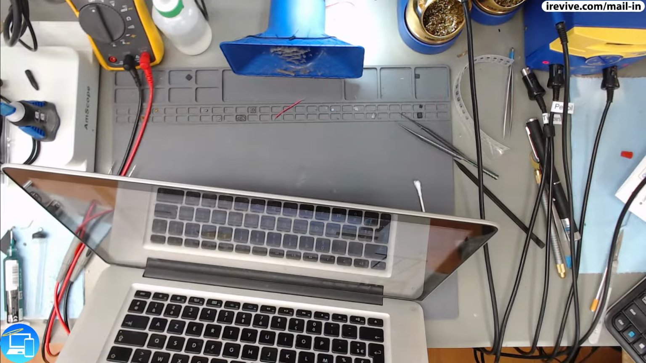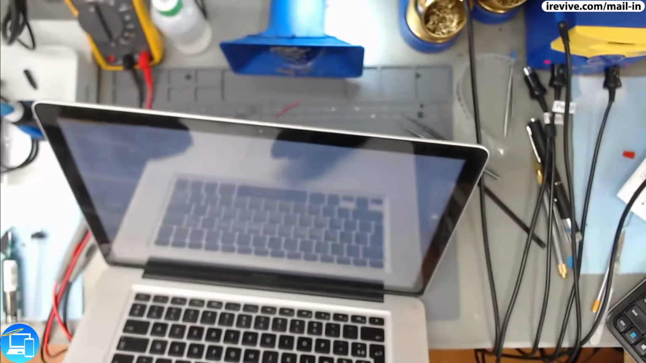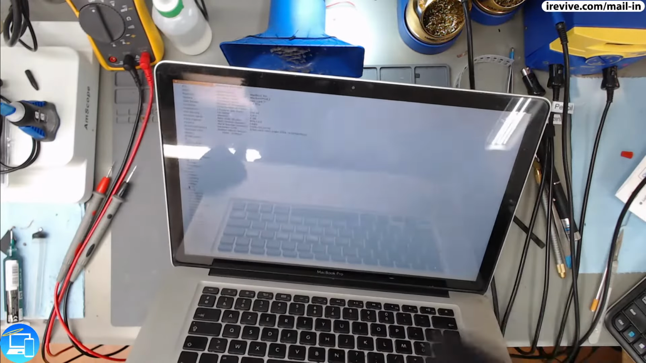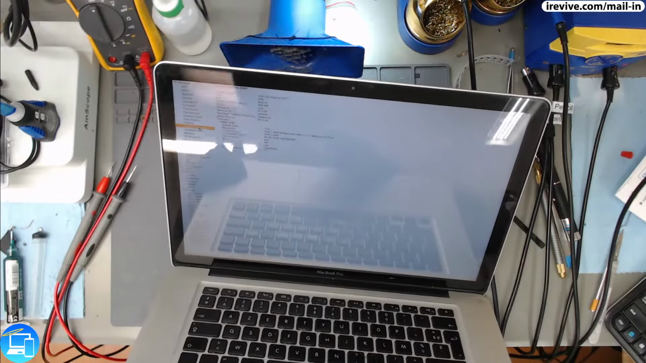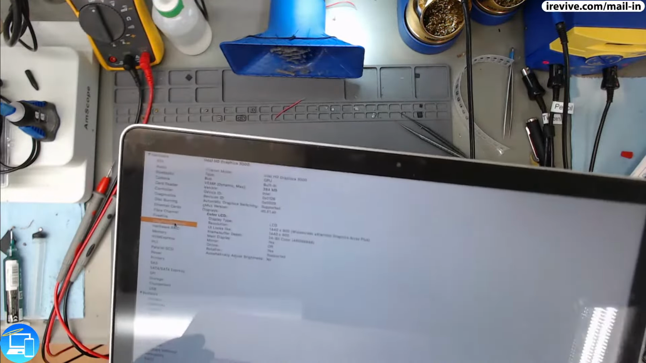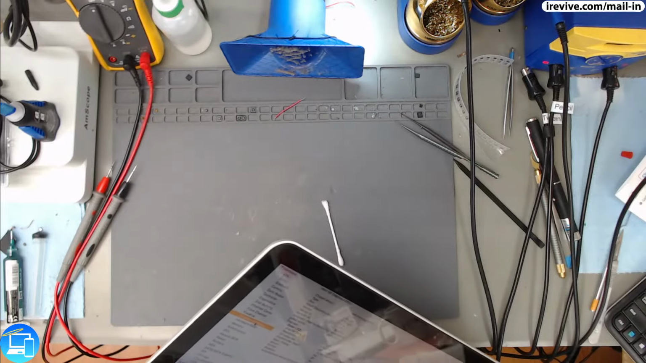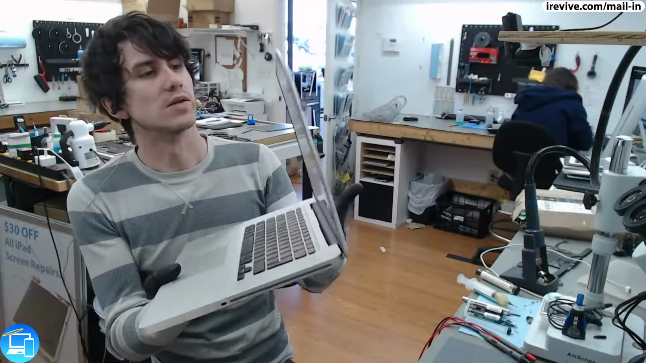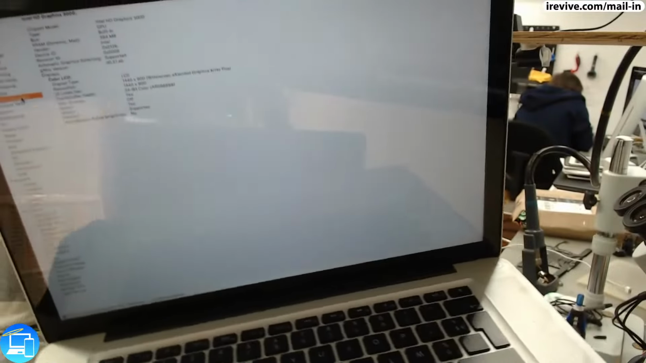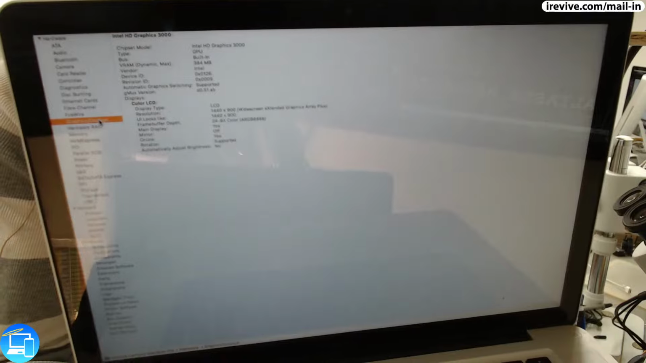Okay, navigate to System Report, and full screen this. Okay, so I'm now in System Report, and I'm going to navigate specifically to the graphics section. Normally on this model computer, when we go into the graphics, we would have 2 sections here, one for the Intel HD graphics and one for the